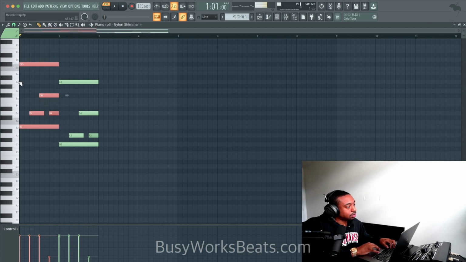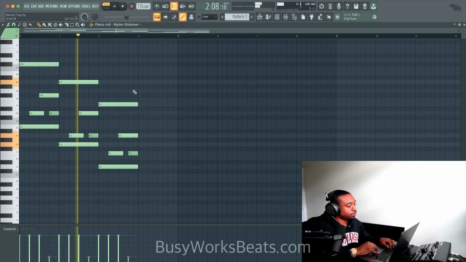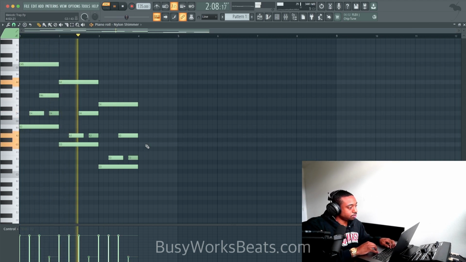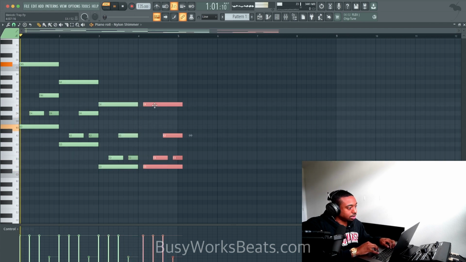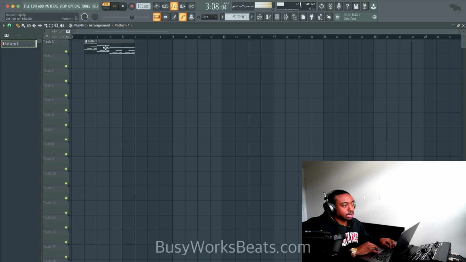And so dun, dun, dun. And we're gonna hit shift, pull this over. Now this one, let's hit shift down. And then we can repeat that. And now we have an emotional sound.